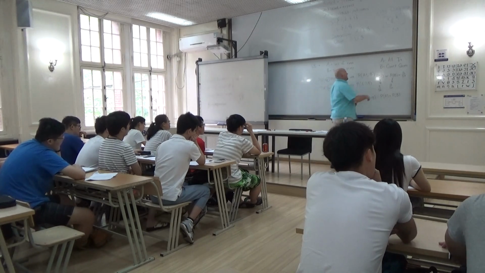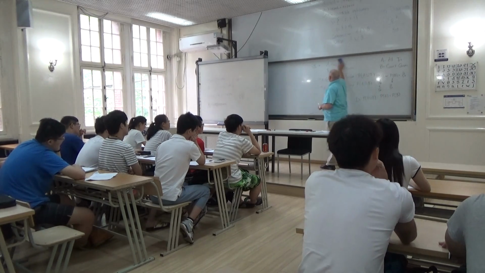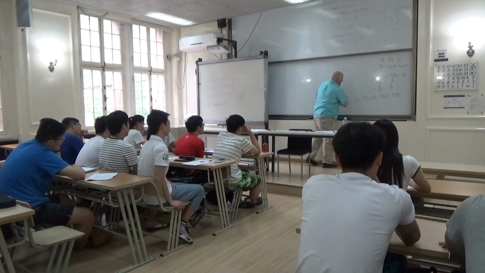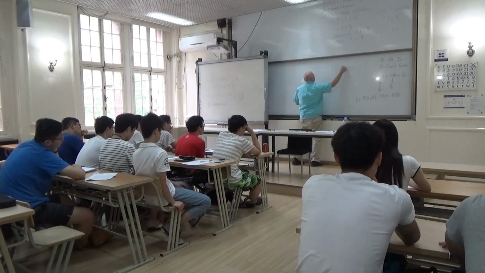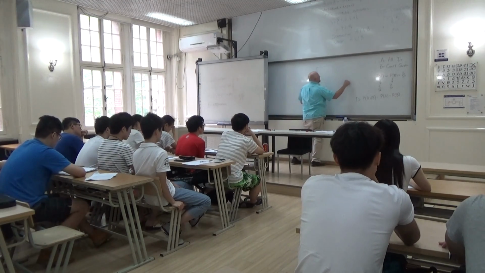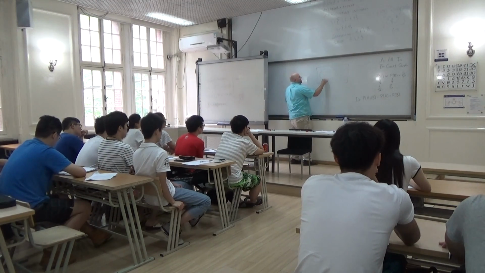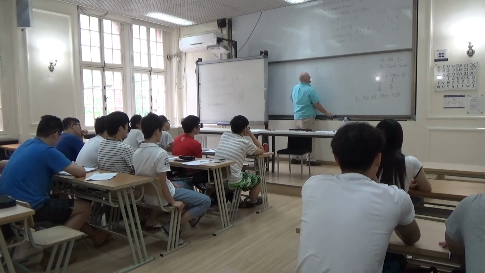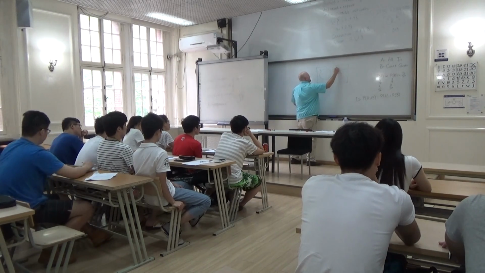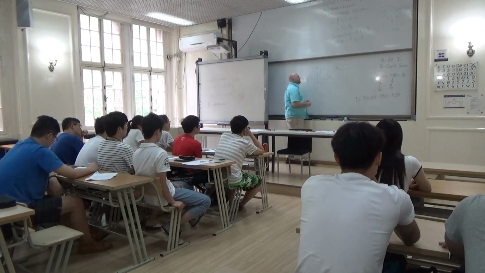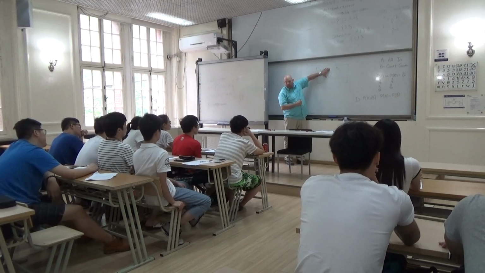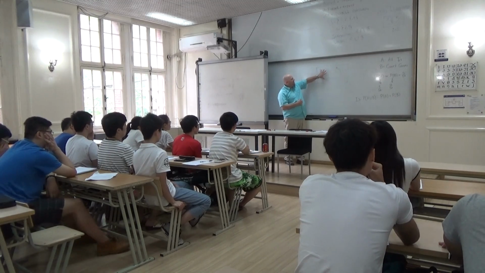Let's draw a picture. This is where Venn diagrams help. This is why we use Venn diagrams. So I'm going to draw a picture here. Here's set A, here's set B. This is a Venn diagram. How many are in set B? 12, right? But how many are in set A?